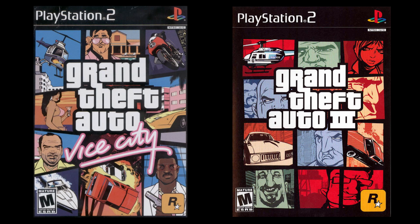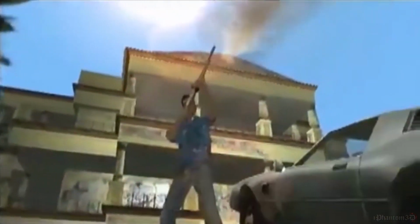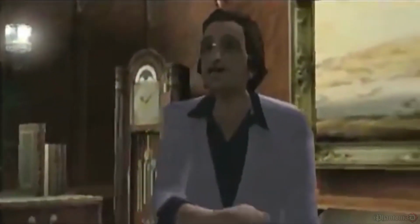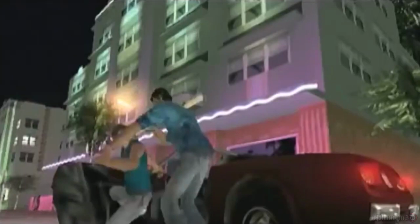Grand Theft Auto Vice City and Grand Theft Auto 3, these are both actually ports. You can't get these games on the Vita, you know, through like a disc or a cartridge. These weren't made for the Vita, but these two ports are really, really well made. They're ports of the Android version of the games, but they've been modified and touched up a little bit for the Vita. They also restore some content like the music, because Rockstar lost all